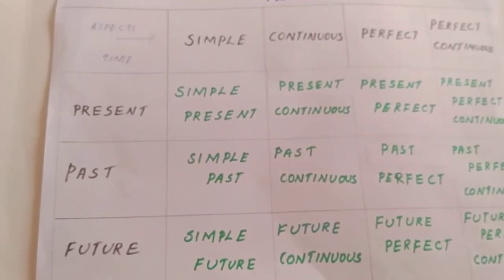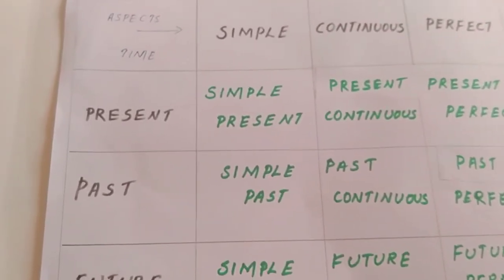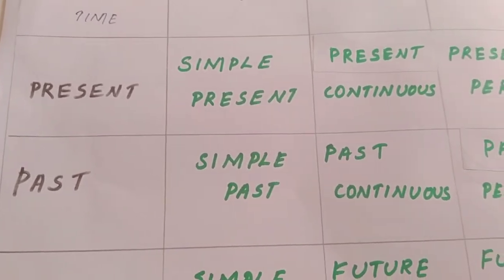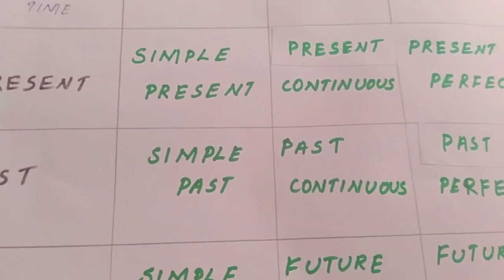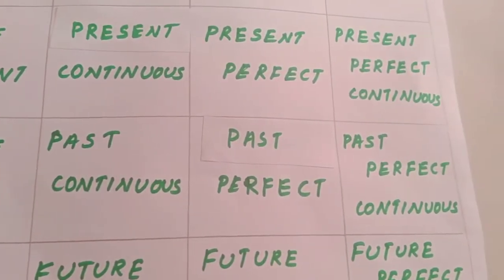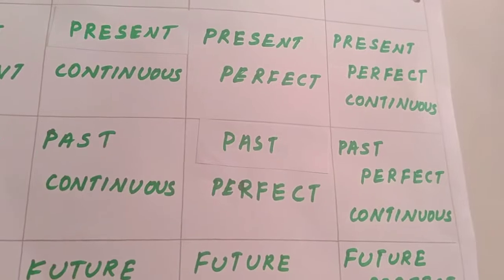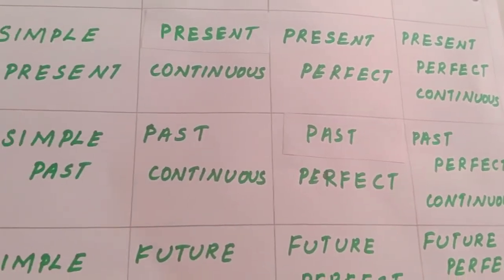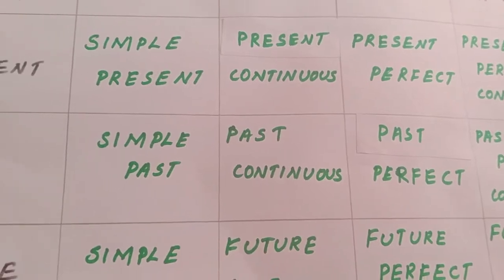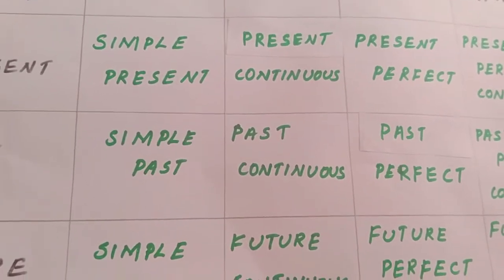And today in this video I am going to teach you past tense. Can you say which are the four divisions of past tense? Simple past, past continuous, past perfect and past perfect continuous tense. In this video I will teach you its verb form, its uses, which actions come in these past forms, and examples.